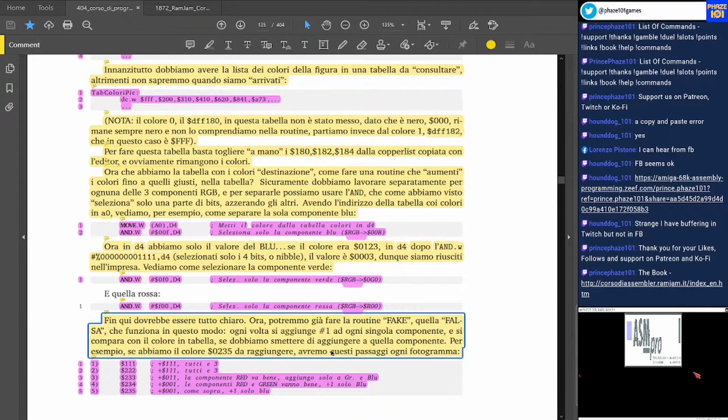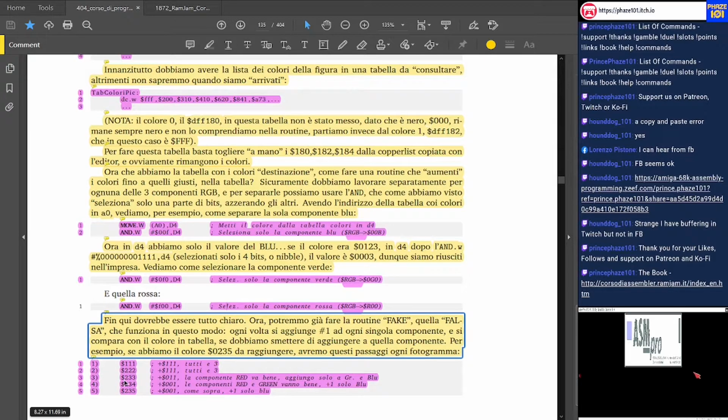So if we had the value 235, we increment 1 the red, 1 the green, and 1 the blue. Then we increment again the next frame, and all of them become 2 2 2. Then notice the red doesn't need to be incremented anymore,